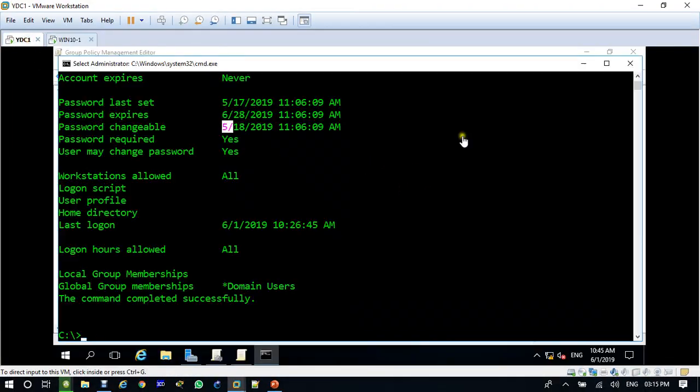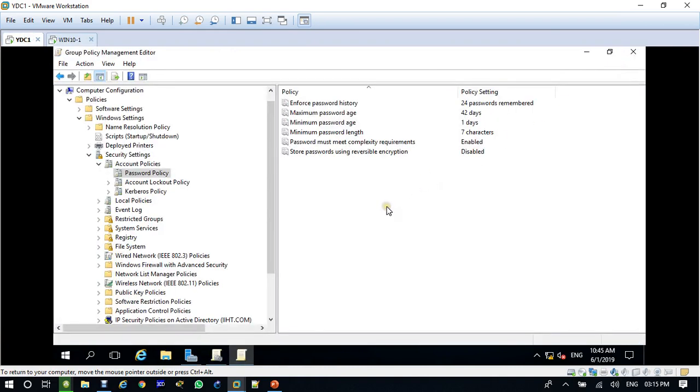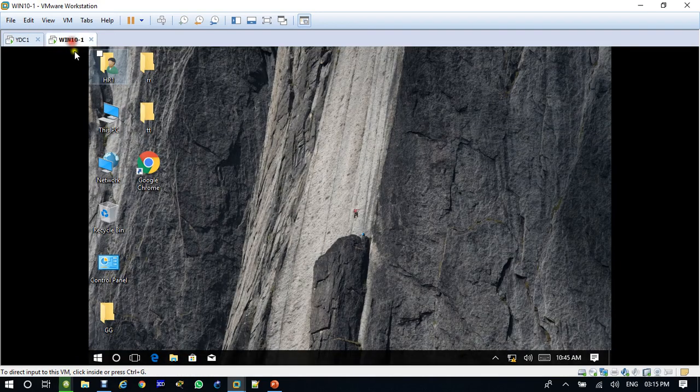If you come here on the server, you can see what the password policy is. Let me start. Enforce password history means the computer remembers 24 passwords, so I cannot repeat a password.